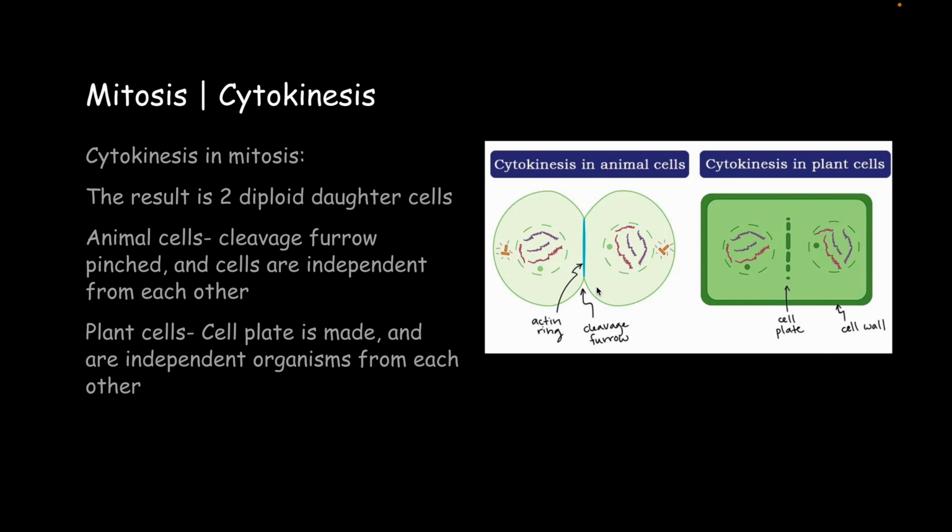So, it's kind of like that. It's going to pinch, and then we're going to have two separate independent animal cells that are diploids. And the same thing for plant cells, although they don't actually become independent from each other. They become independent organisms, but they just form a cell plate. So if you think about it, it's kind of like they're just welded together basically, but they just separate by